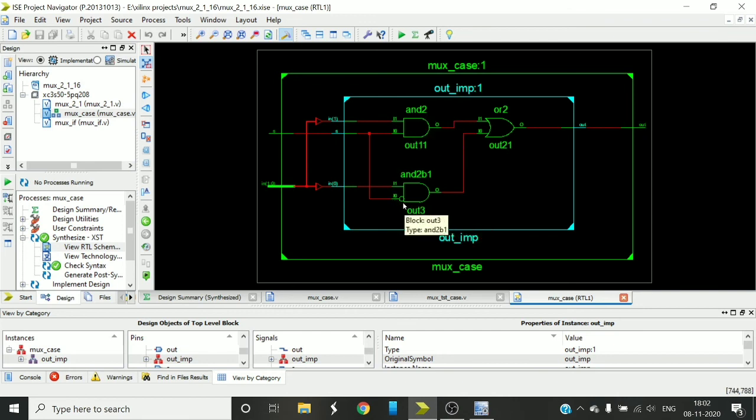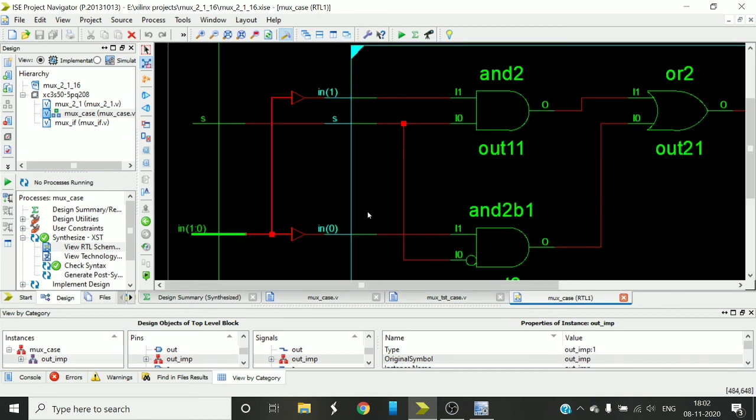For one AND gate, the select line is complemented, and they are given to an OR gate. If it's complemented, then it is S bar I of 0 and S I of 1. You have to look at I of 0 and I of 1 here. These are input output buffers.